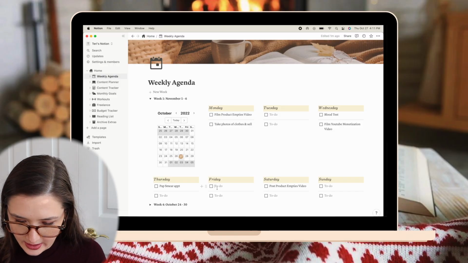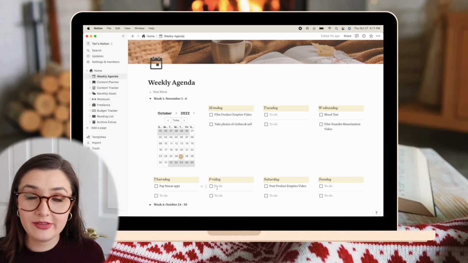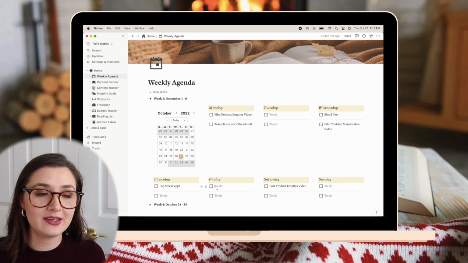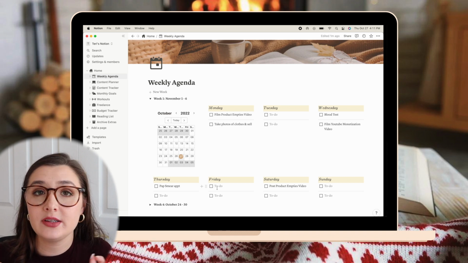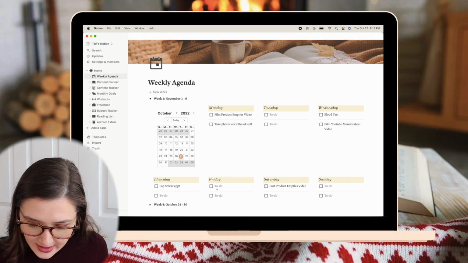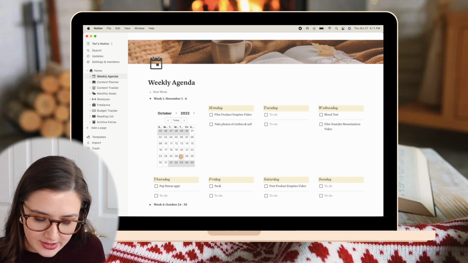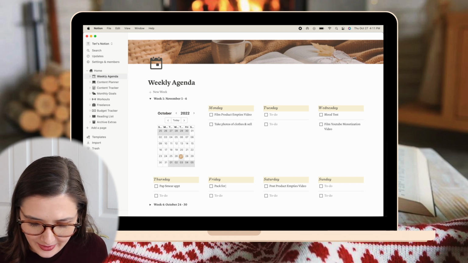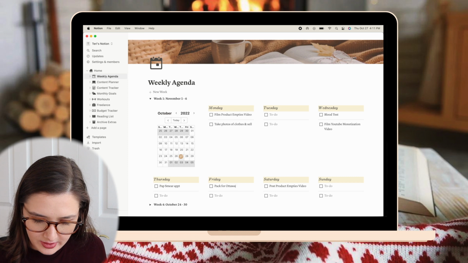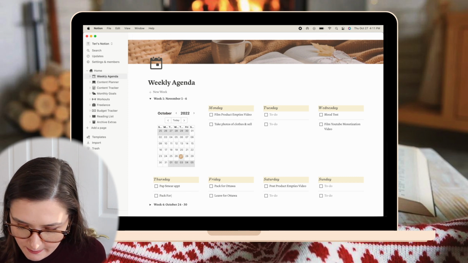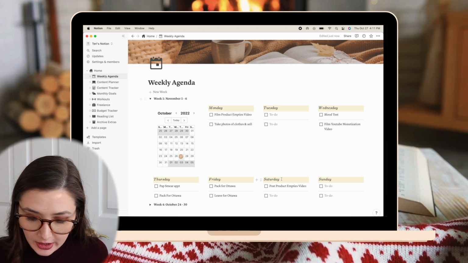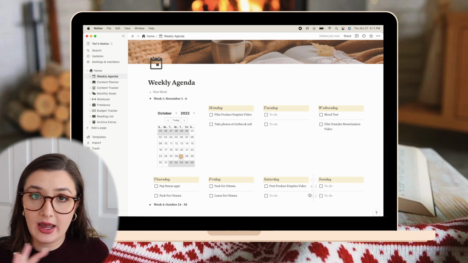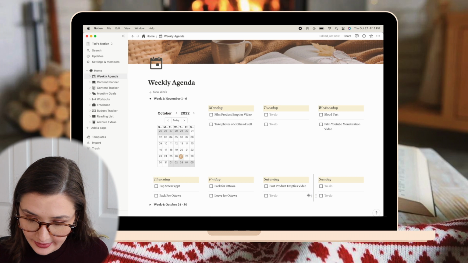Oh, on Friday, I am going to Ottawa for a little DCP reunion, which is so exciting. I haven't seen some of these gals in like years and years. Very excited for that. I think on Friday, which I probably should do on Thursday, pack for Ottawa. I'm gonna put pack for Ottawa here too. And then my Saturday and Sunday will be in Ottawa. Don't know what we're doing, but I do need to make sure that I've edited and have the video done for Saturday.